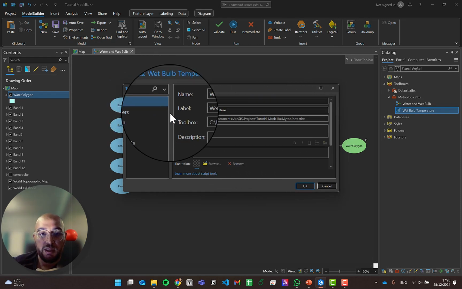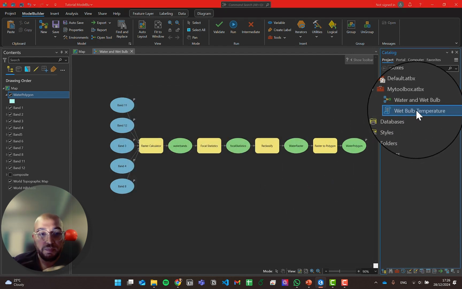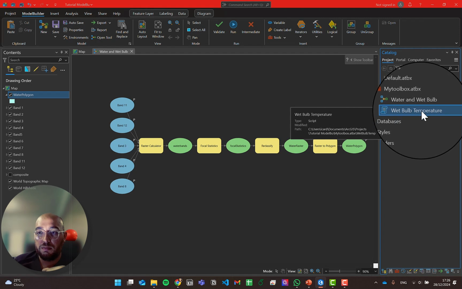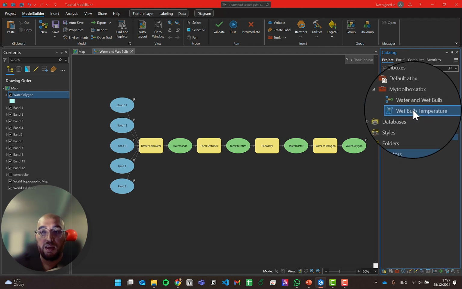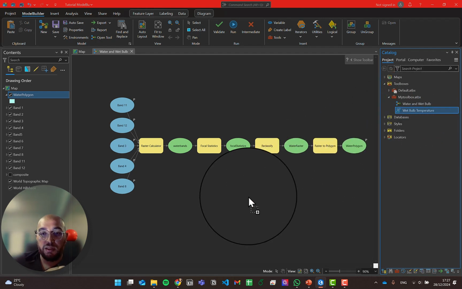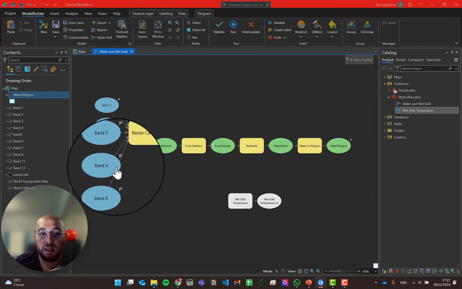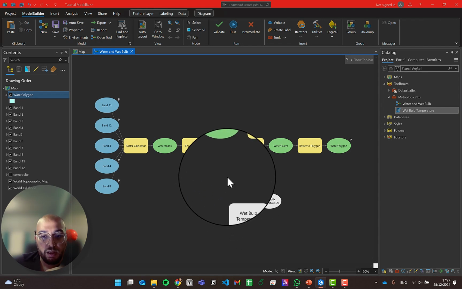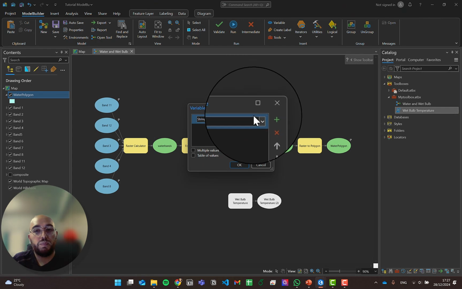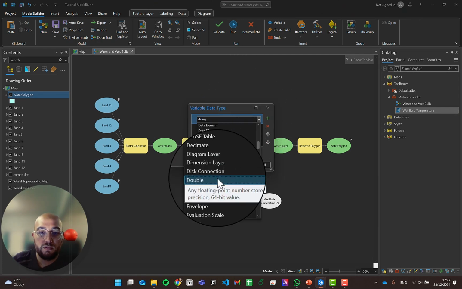So now that I finished the configuration, you're just gonna click OK, and here my tool gets created. It runs initially to see if it's valid, if it works, and makes like a small test. If it runs, it will create it, and now you can drag it into your own model. So now you see white, and I cannot connect this here. You see, there is no option other than precondition. So what I can do is create a variable, and as my inputs were doubles, so double for the